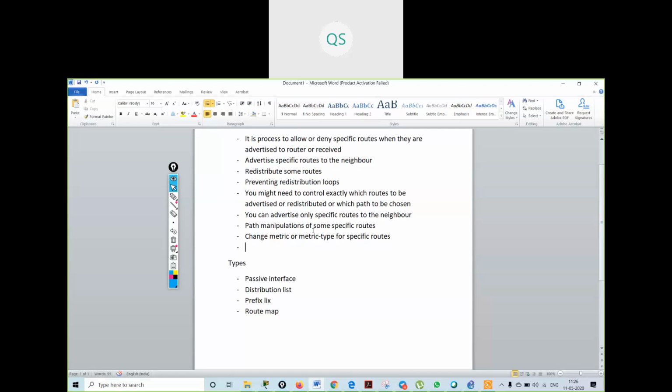In IGP you can change the administrative distance, the AD value, for specific routes. You can use it with BGP also. Suppose you are connected with a router to the ISP.